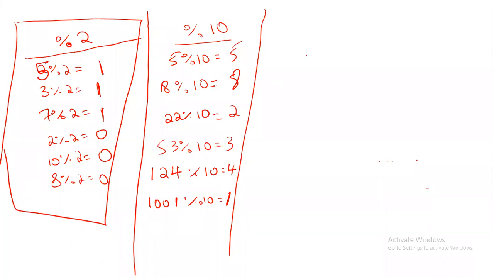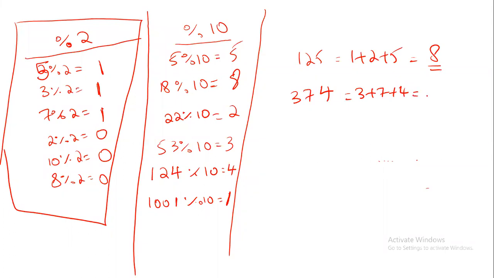So if someone asks 125, what you have to do is 1 plus 2 plus 5. What's the answer here? 8. 8 is the answer which you have to print. So if someone asks 374, what is 3 plus 7 plus 4? 3 plus 7 is 10. 10 plus 4 is 14.